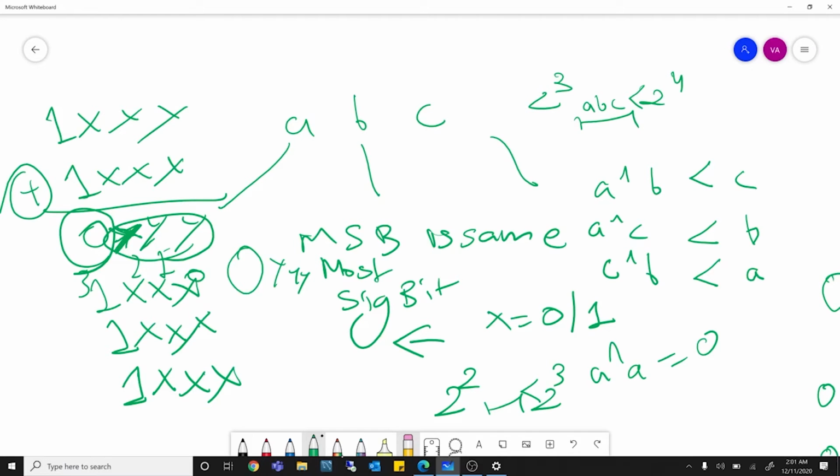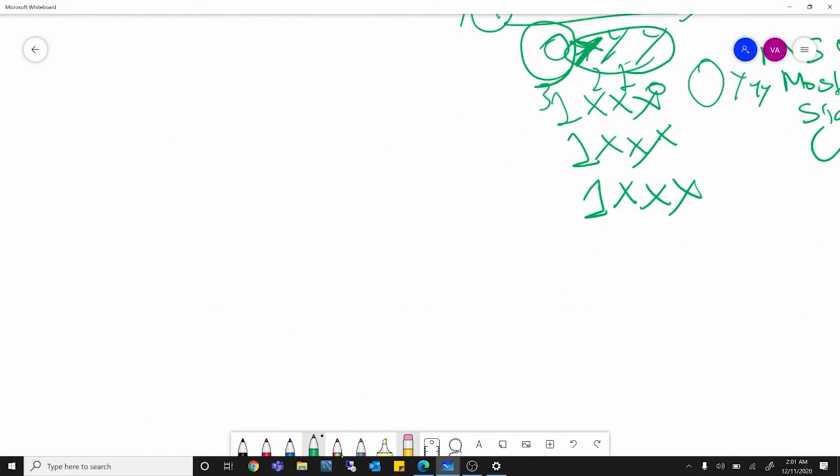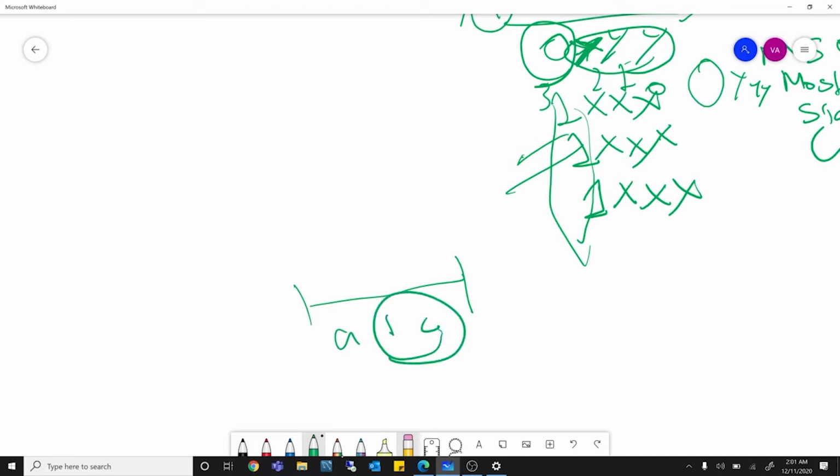So by this deduction, I can say that in my original question, if I can find a pattern where 3 consecutive elements satisfy this condition that their most significant bits are same, my question is done, because I'll just simply XOR. Suppose this was A, B and C. So if I XOR B and C, this is always going to be less than A, and hence this becomes a decreasing order. So in that case, this is always true.